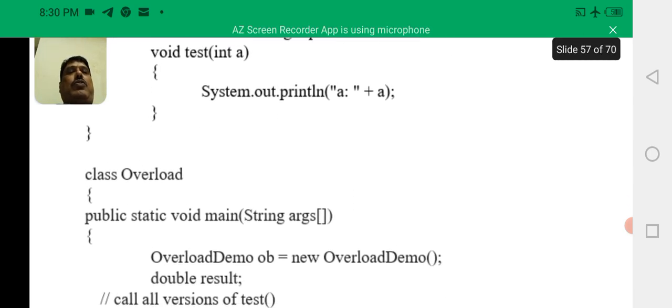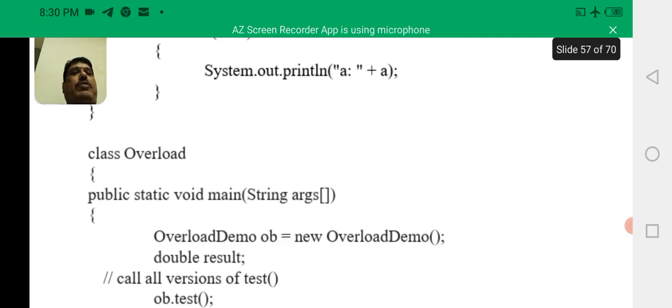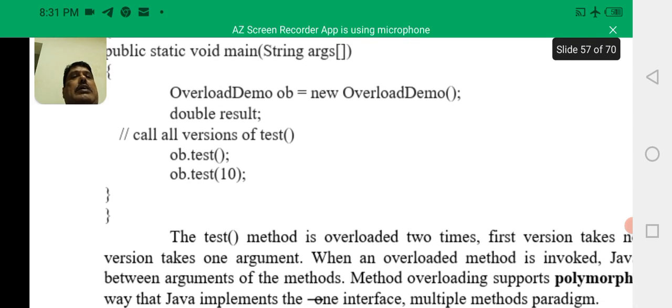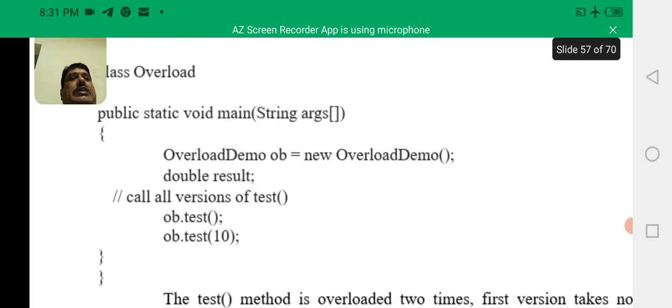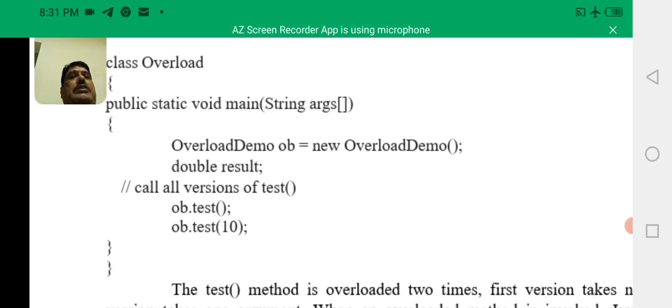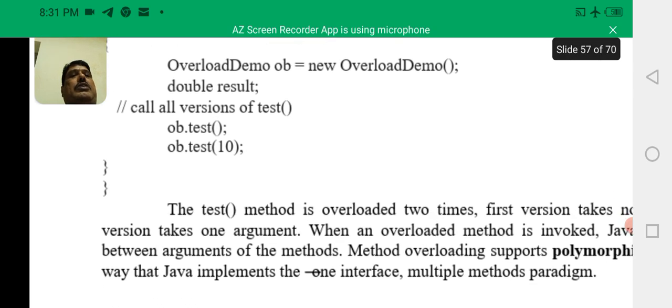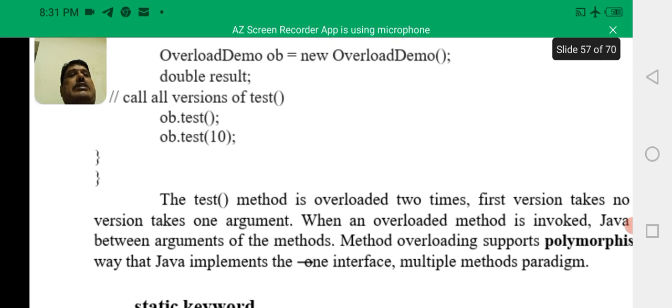Then class Overload, public static void main String, OverloadDemo object equal to new OverloadDemo, calling the two methods: object.test without arguments, object.test with argument 10. So here the methods have the same name, but one method is with no arguments and the other is with an argument 10. So here we can say that the test method is overloaded.